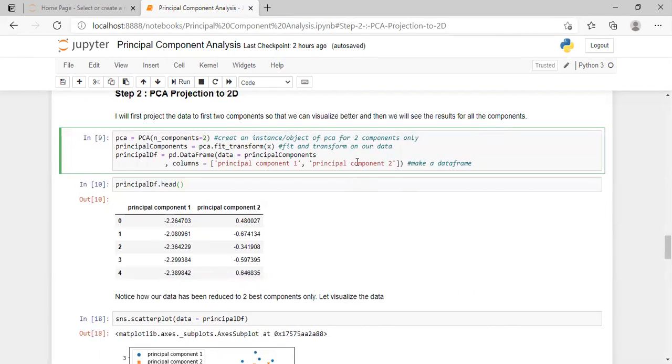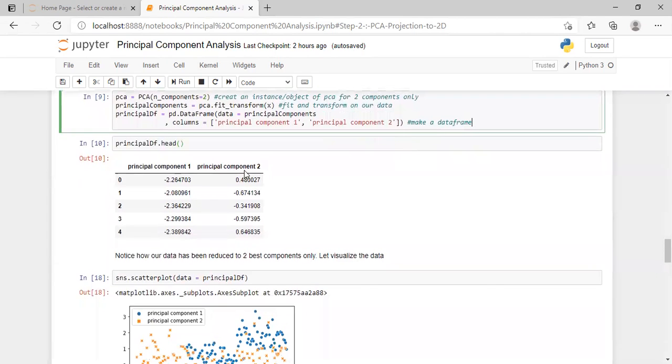So I would be just telling you how to implement it, but you should know what is going on behind it, because in your exams you would be trying to solve the PCA problem on paper. So you should know how it is done mathematically.